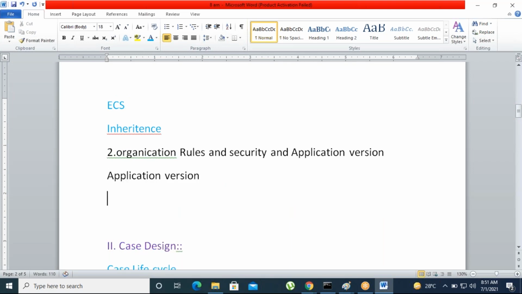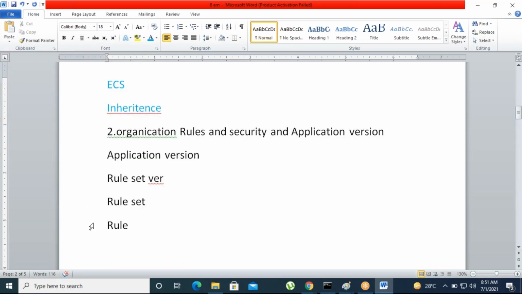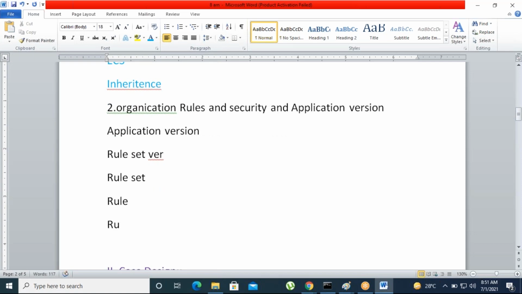Inside application versioning, first we need to understand what a rule set version is, what a rule set is, and what a rule is, and next is the rule availability concept, and what a rule resolution algorithm is. The rule resolution algorithm is an internal algorithm. Okay? Rule resolution algorithm.